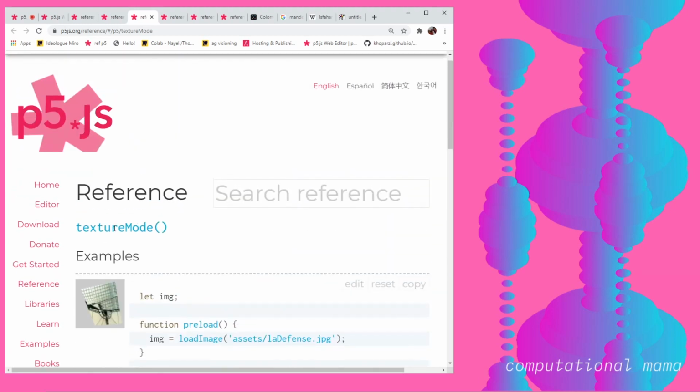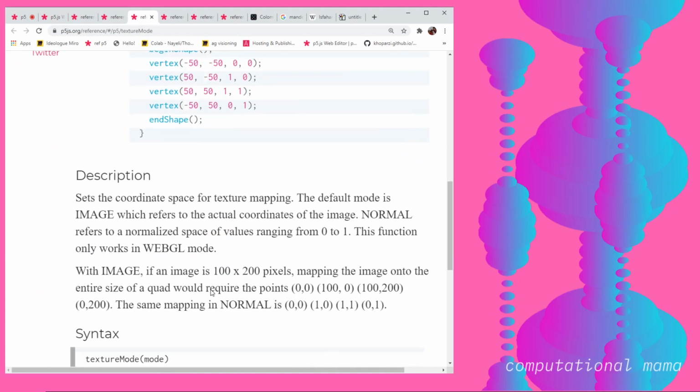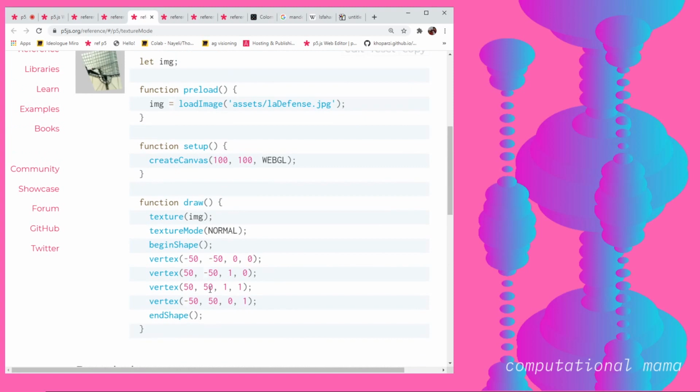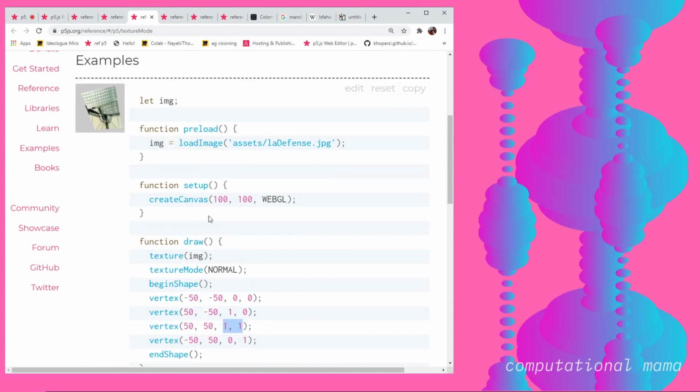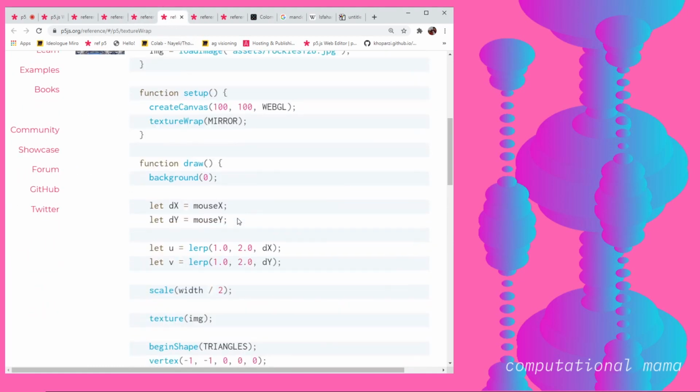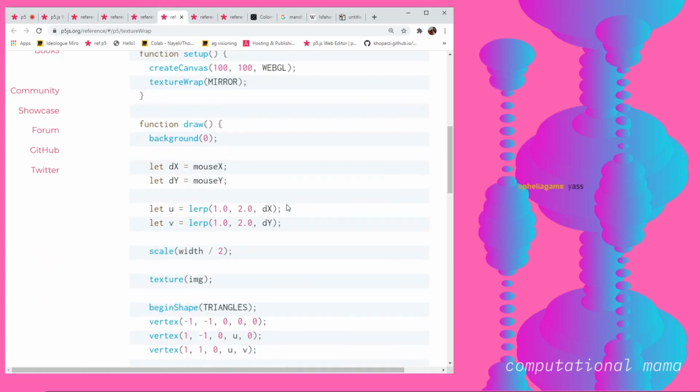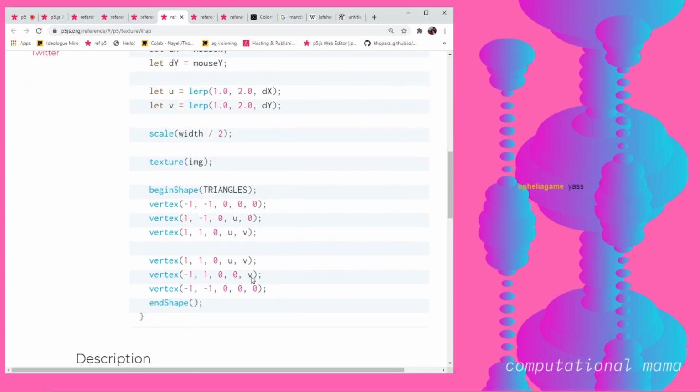Here, texture mode. I think this is the UV mapping part, if I'm not wrong, or is this just the 3D part? And there's another one here.